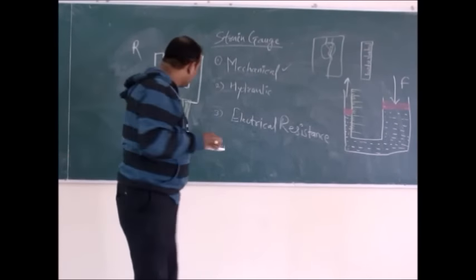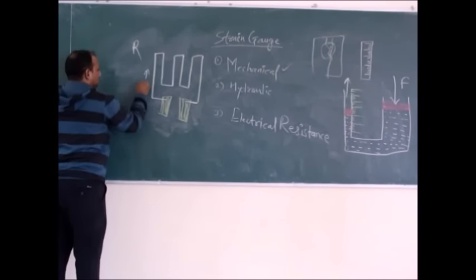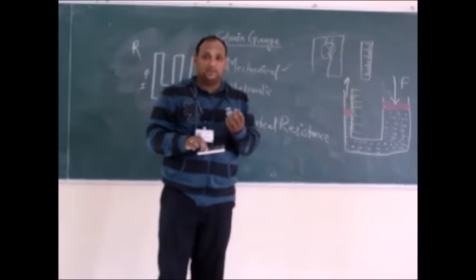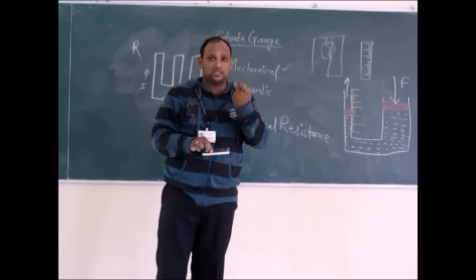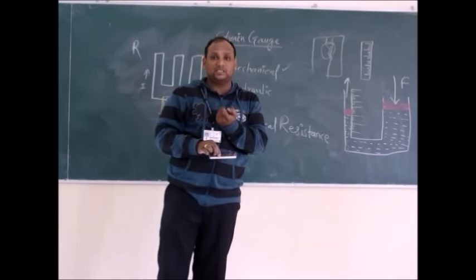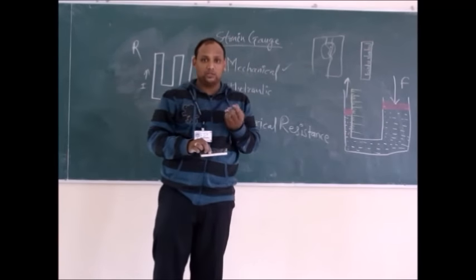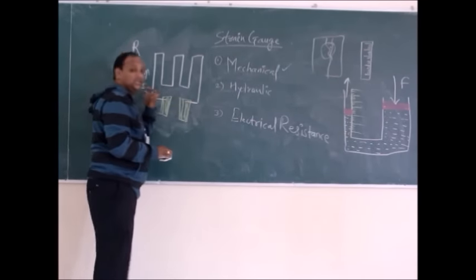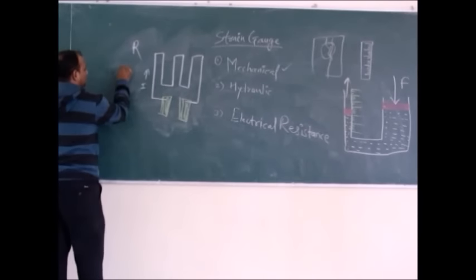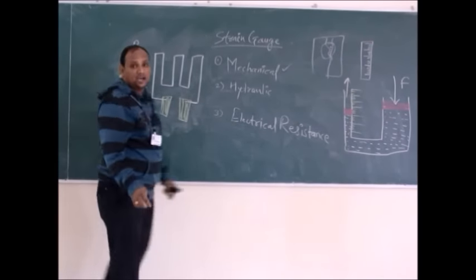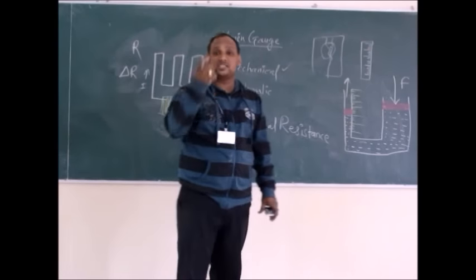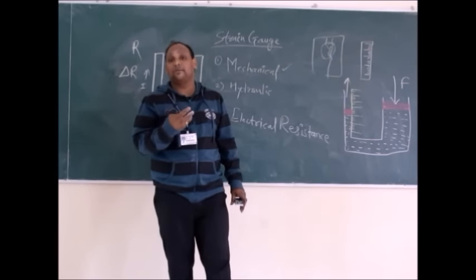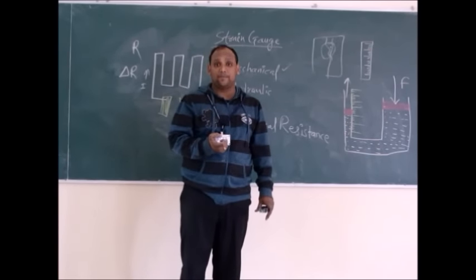How? Because whenever the current is passing through this and force is applied, it gets compressed, and due to that compression, the electrons flowing through this cannot carry too much amount of current through them. So that's why flowing of electrons gets difficult through this, and that is because the change in resistance occurs, and that is known as delta R. And depending on this change in resistance, with the resistance which is previously there, and after the application of the force, the change in resistance happens.